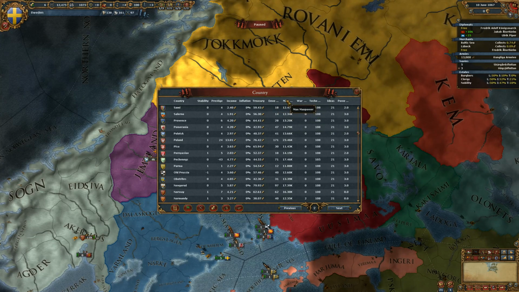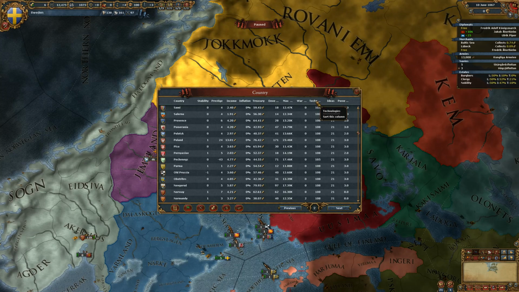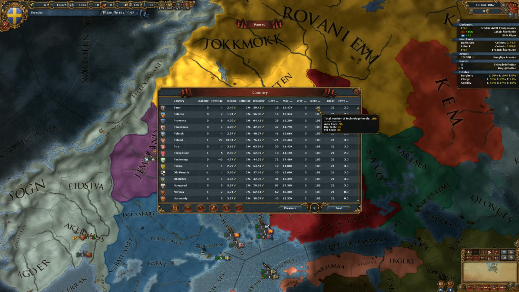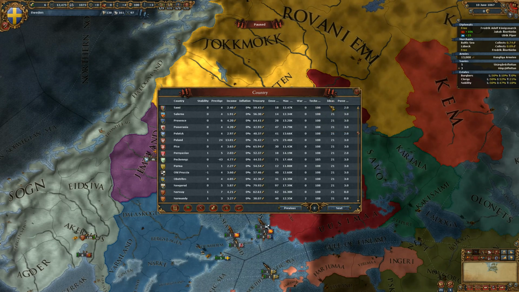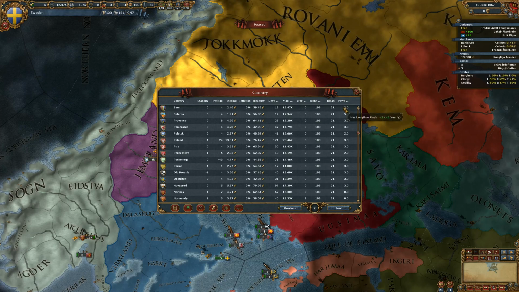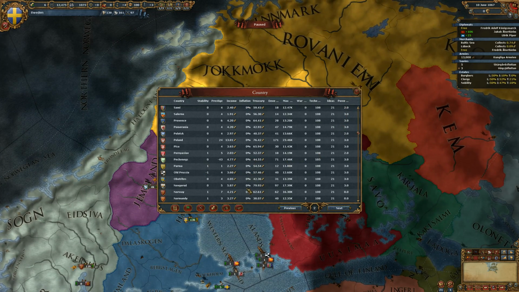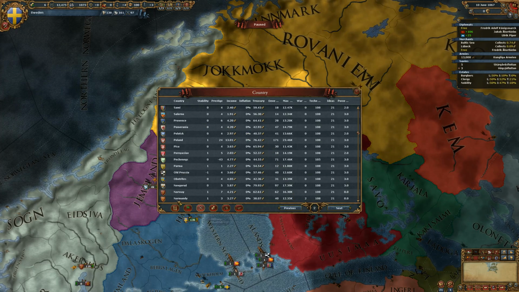Development, maximum manpower, they have 12,000. War exhaustion, none. Technology, they're at 108. That is the amount of total technology they have. We're right about the same level. They got 21 ideas, and their power projection is 2. Our power projection is 3. Now, if I go back,